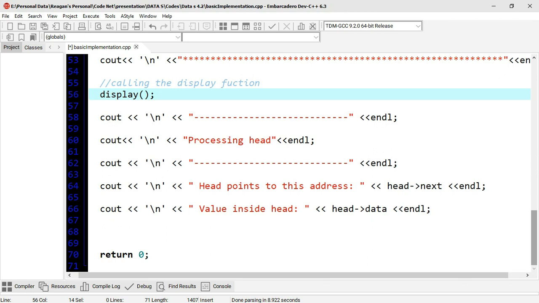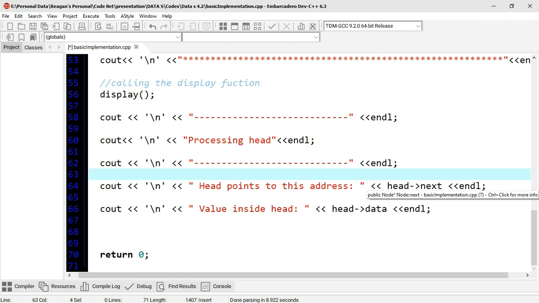So here we now want to process the head. We want to understand how the head actually works. So we are saying okay, cout endl, of course from 58 to 62, you understand that we are just doing the design. It has nothing to do with the mathematical understanding of how this code is working. So here on line 64, we are just saying, okay, head points to this address, and automatically when we approach head as a pointer variable with the arrow operator pointing to next, we should see the actual address of the very first